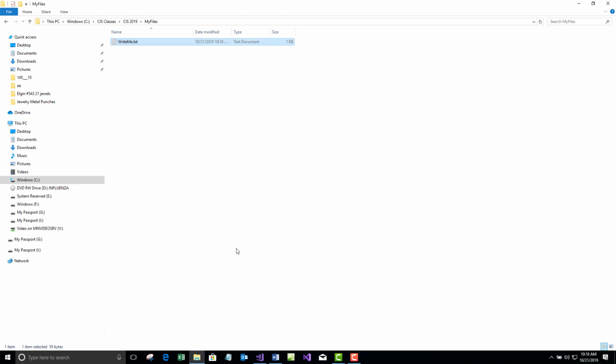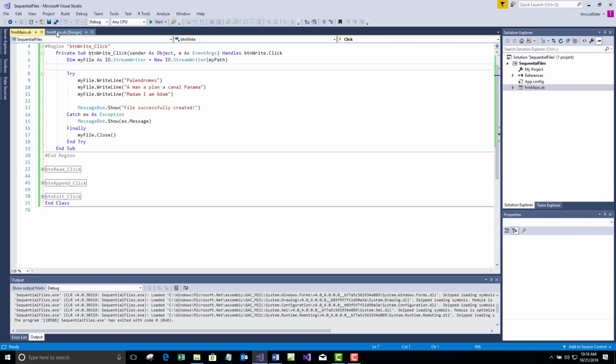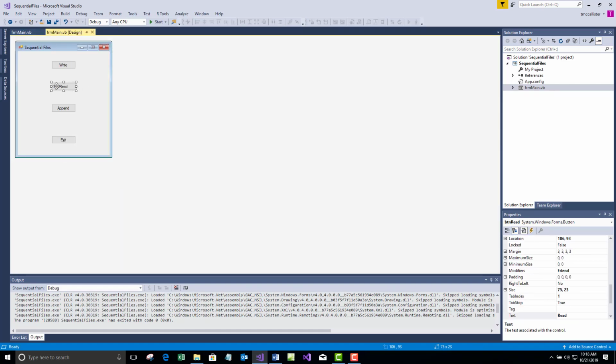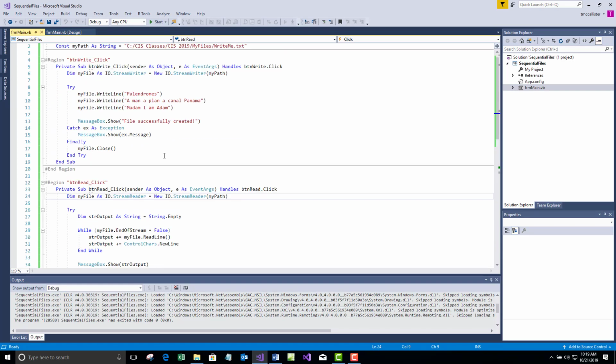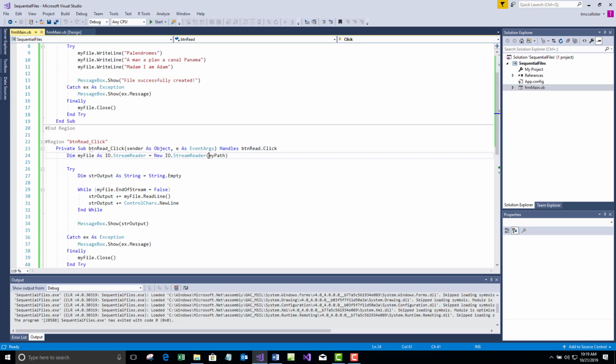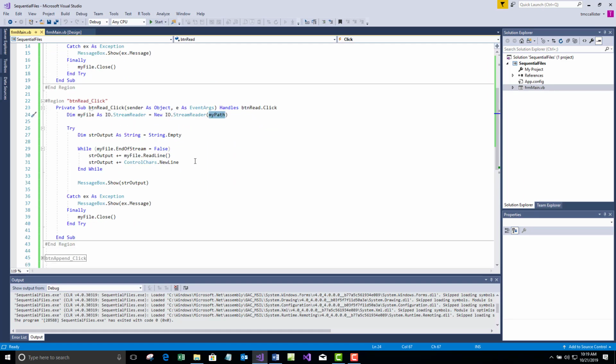Okay. So that takes care of the write. Now I have a read button. Again, I'm creating a myfile object of type StreamReader. This is StreamWriter. I want StreamReader. And I'm doing the path thing here. So it's going to open that file up if it exists. And it's going to read each line from it and concatenate that into my string output, which is just an